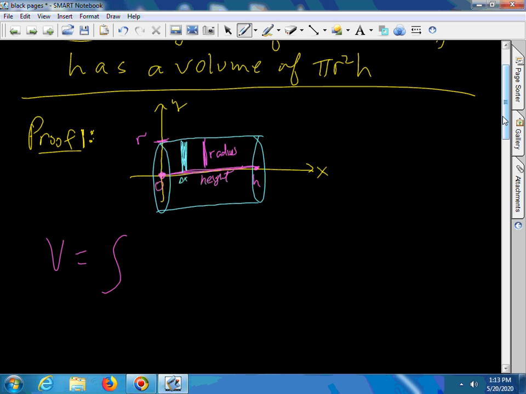So the formula is pi times r squared, in this case dx, and the pi I can bring out in front, and in fact the radius is just r. You can even bring out the r squared. Let's write it down more formally, because I'm using little r to mean two different things. It's pi times